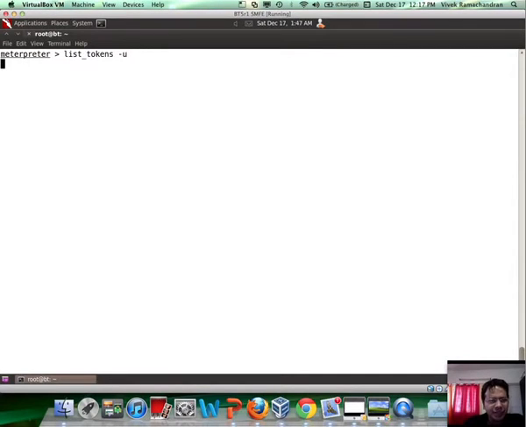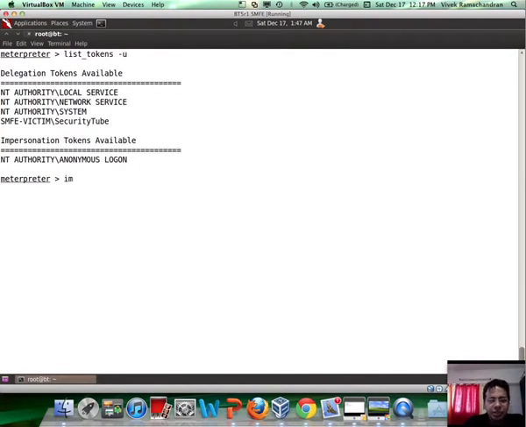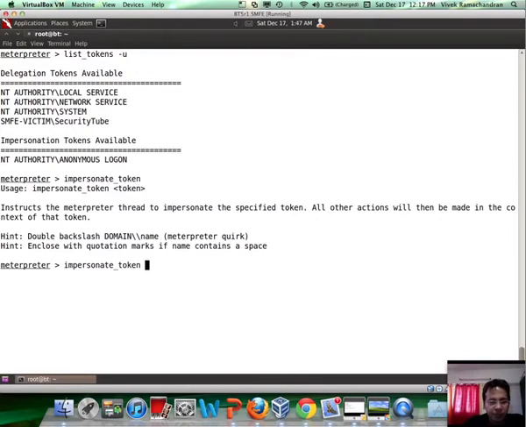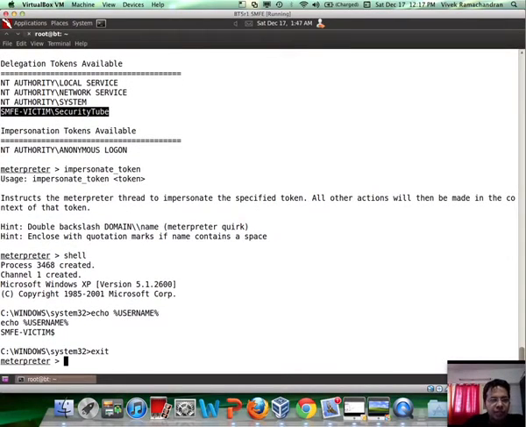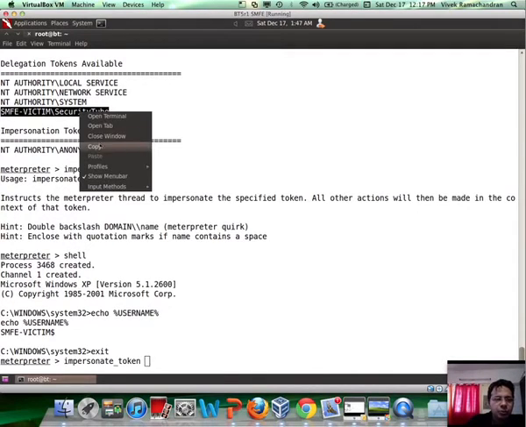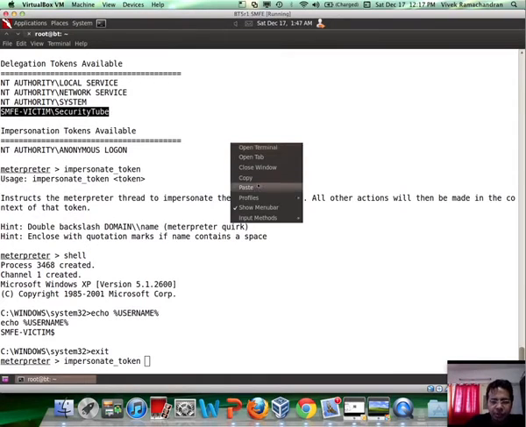So let me run list tokens again, and then impersonate token would require you to specify the token, which let's say I'm going to go ahead and steal the token for this user. Before that, let me actually show you what happens. So right now I'm still system, and if I actually do a quick hit on username, clearly shows that I am the system user. Now, after I impersonate this user on the remote system by using this delegation token,